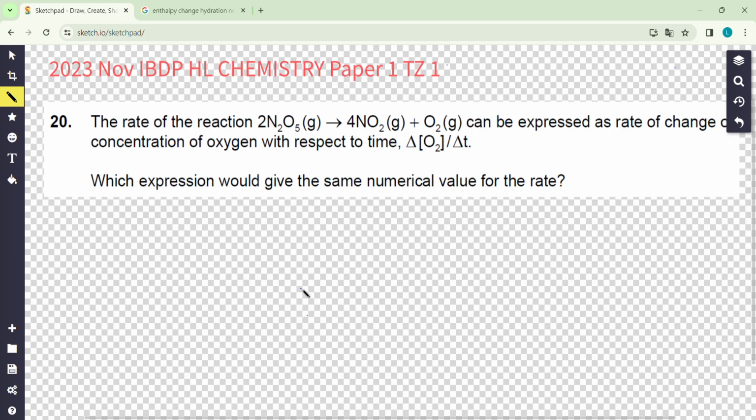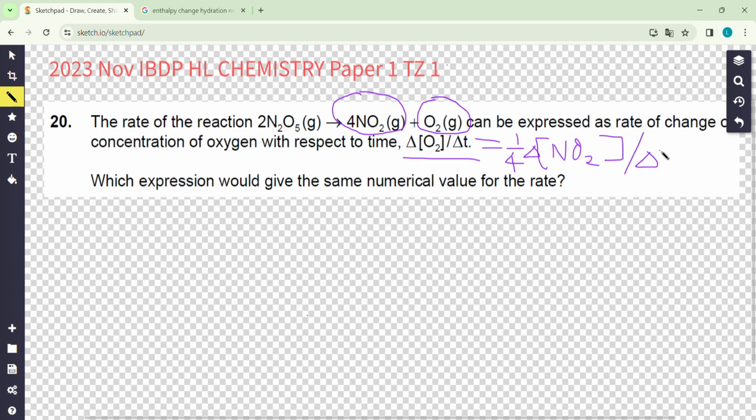Question 20 is about rate of change of concentration of different products or reactants. It's about rate of change, rate of increase of oxygen. In the equation, NO2 has a coefficient 4, so the rate of increase of concentration of nitrogen oxide is conjugate that of oxygen, so this one is equal to 1/4 of the rate of increase of nitrogen oxide